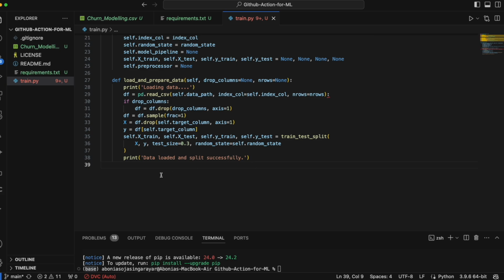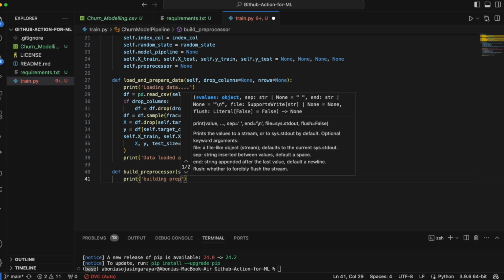Yeah, now it's time to write our build preprocessor function. So basically this constructs a preprocessing pipeline to handle both numerical and categorical features. This is crucial for preparing the dataset for machine learning projects. So let's try to write this function now. As I said, we'll be preprocessing our categorical columns and even the numerical columns. Let me get the numerical and categorical columns. So here we'll be printing preprocessing